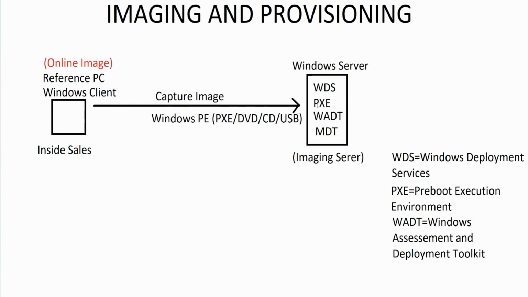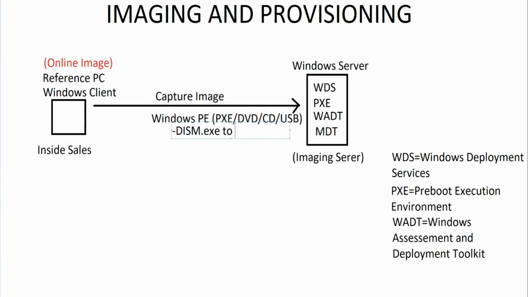PXE's probably the easiest way to do it. You've got this server that's got the PXE service running on it. As long as they're on the same network, you can tell this computer to boot off the network. It'll see PXE. It'll download Windows PE automatically into memory as long as you've set all this up on this server. Okay, so from there, once that's done, I can run